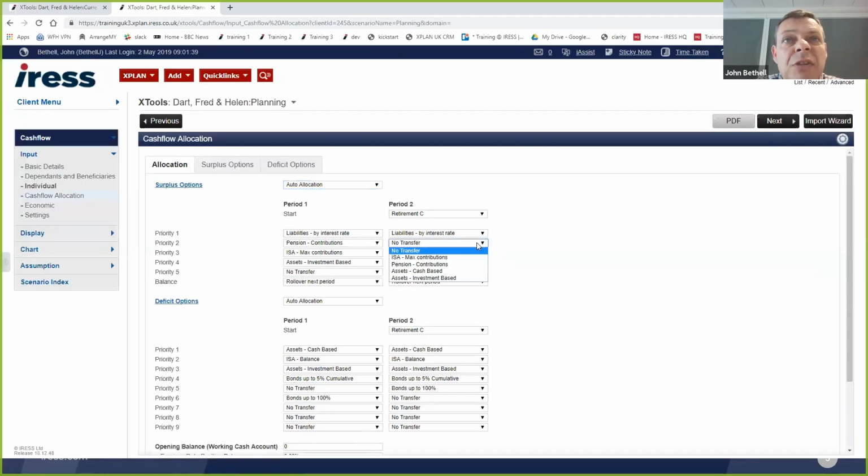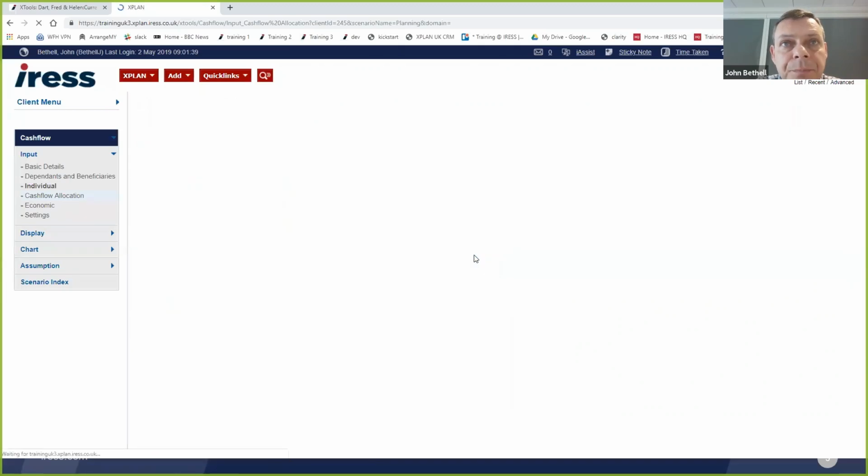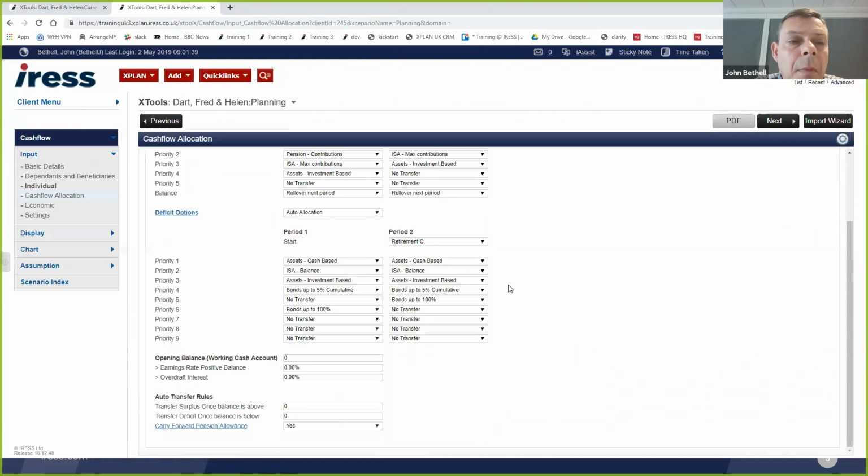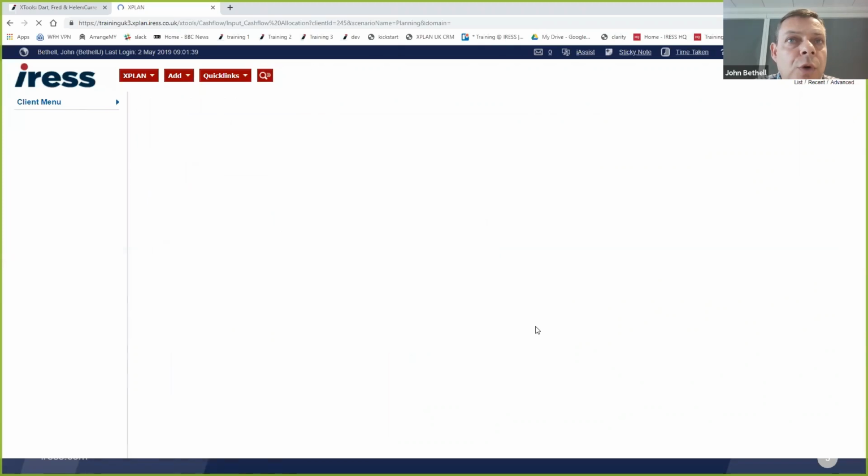I'm not going to fund pensions in retirement. I understand there may be financial planning reasons to do so, but we're not going to in this instance. We're just going to fund our ISAs. We're then going to fund the investment-based assets. And then I've switched off, remember, the pension income. And I'm going to ask the tool then to wipe through any cash assets. If I wanted to, I could protect an emergency reserve, absolutely. I'm then going to ask them to go through their ISAs, then through their investment base, then their bonds, and then I'm going to ask them to go through their drawdown funds.